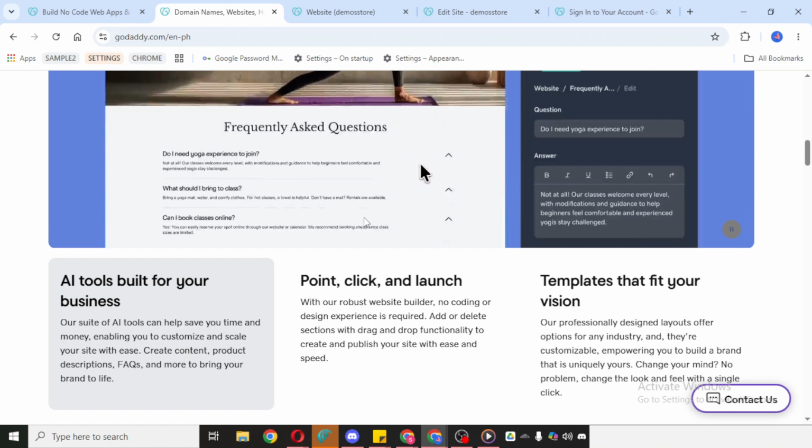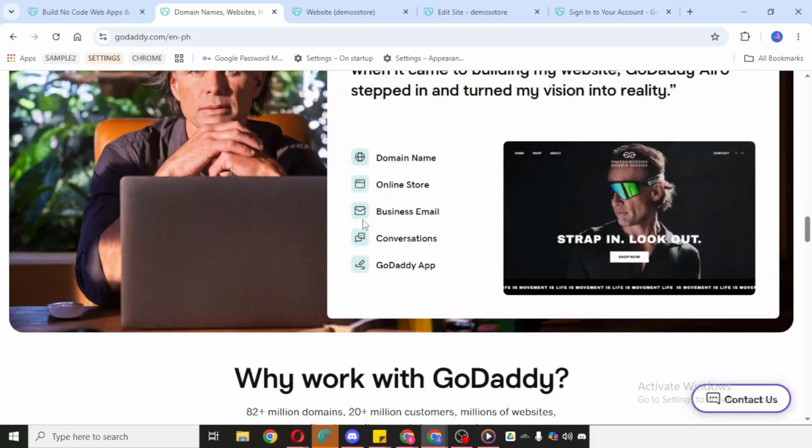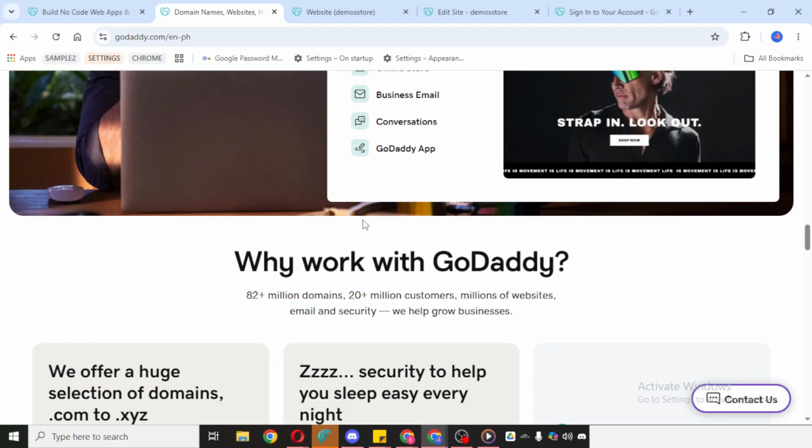As you continue shopping, focus on finding something you prefer rather than rushing into a purchase. Think about what you actually need for your website, business, or project. For example, some people may be looking for a domain name, while others may need hosting or website building tools. Browsing first helps you make a more informed choice and avoids picking something that doesn't match your goals.